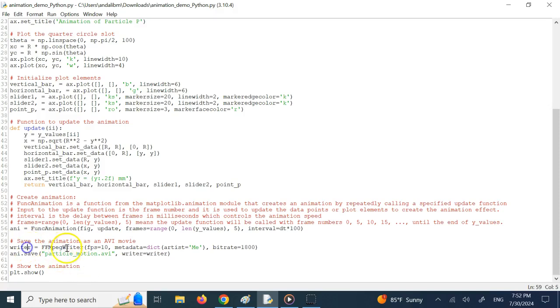Here, the goal of this object is to write the AVI movie, and the frames per second is 10. You can give it some metadata if you want, you don't have to. And then the bit rate for the video, which is here 1800. So you do the setup for the writer object, and then you say